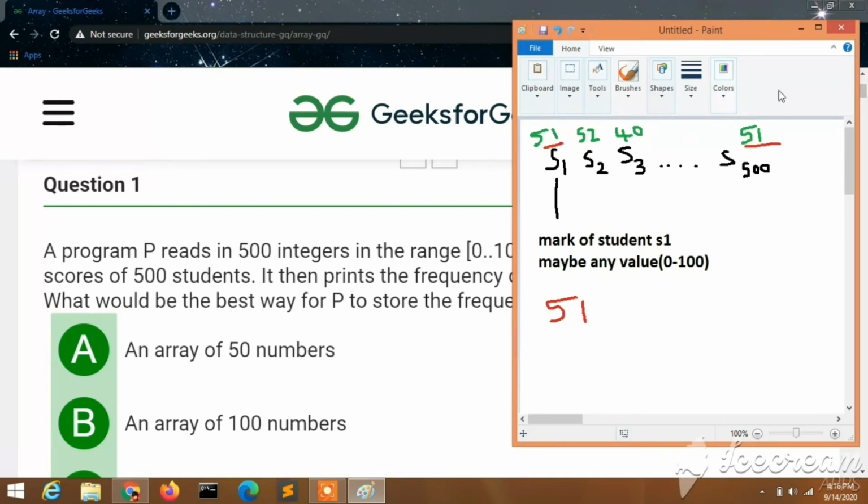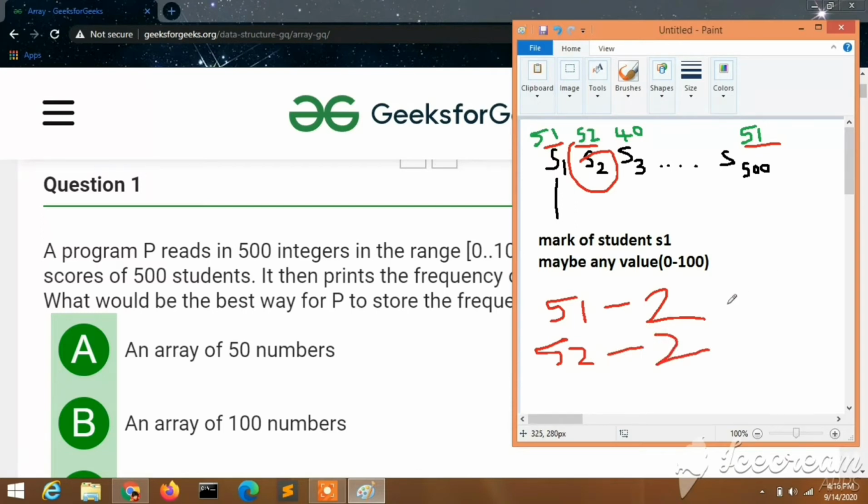So the frequency is 2. Likewise, you have to calculate each and every frequency after 50, that is from 51 to 100. Assume that S7 has scored 52 and S2 has scored 52. So the frequency of 52 is 2.